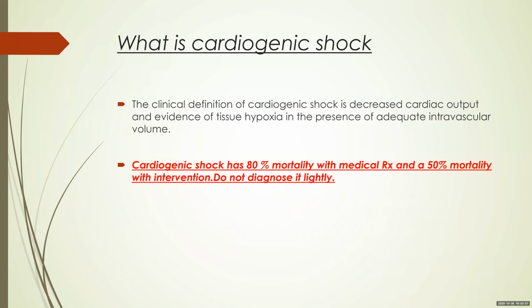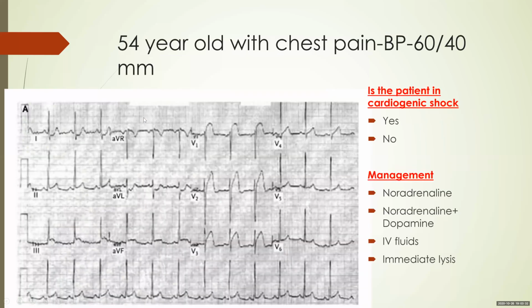So what is cardiogenic shock? The clinical definition of cardiogenic shock is decreased cardiac output and evidence of tissue hypoxia in the presence of adequate intravascular volume. So you need decreased cardiac output, you need evidence of tissue hypoxia and adequate intravascular volume. Now this is a clinical definition. There are various hemodynamic definitions also. I chose the clinical definition because this is most apt at the bedside. So only after hydrating the patient can you comment upon